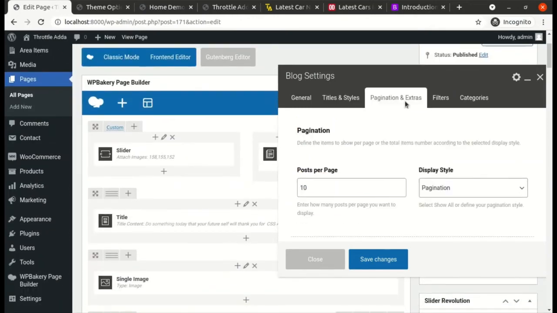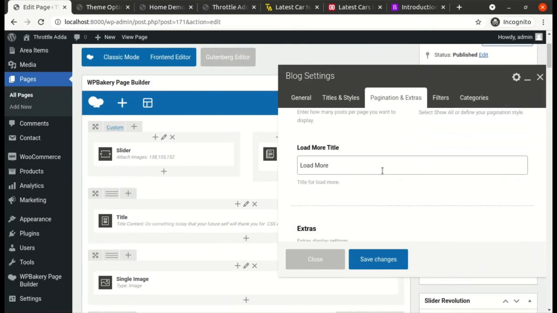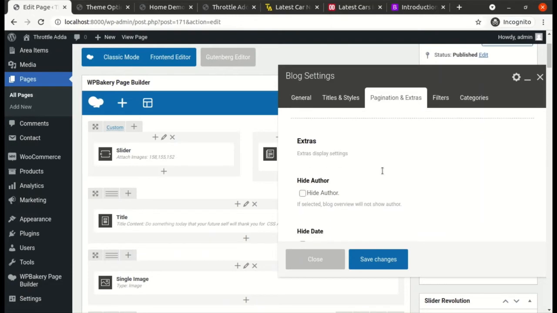Let's go to pagination and extras. We want to display posts per page, that is 3. And we want to show a load more button. Let the button name be load more.